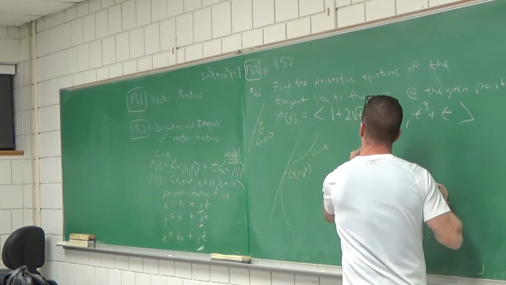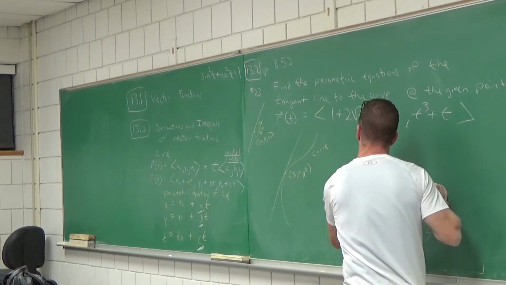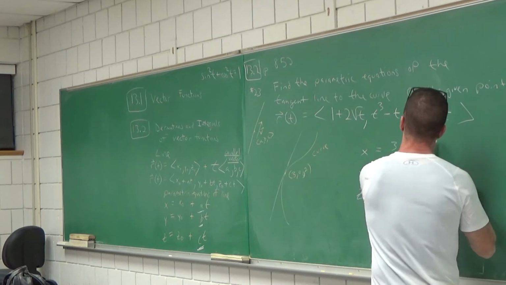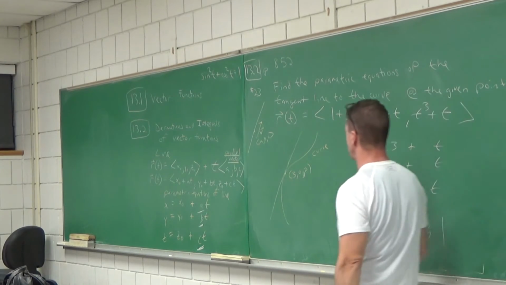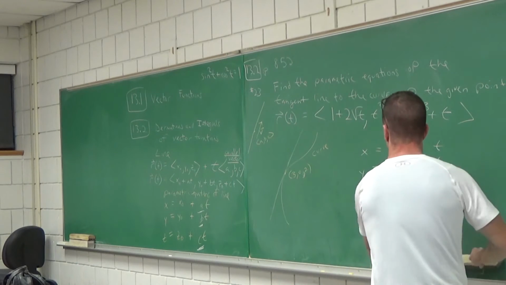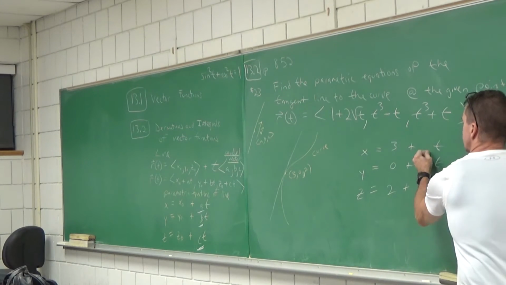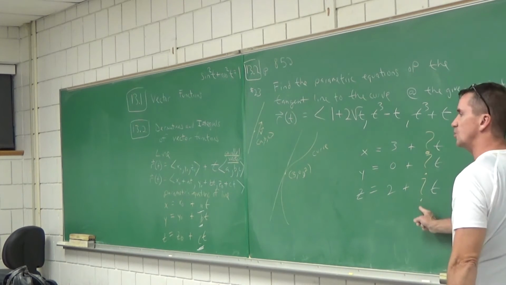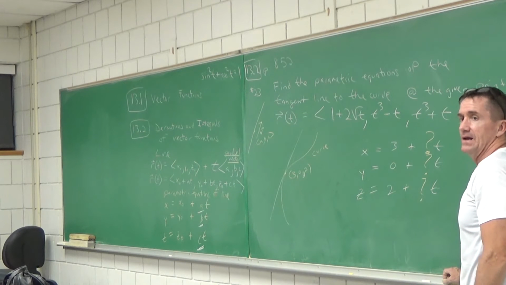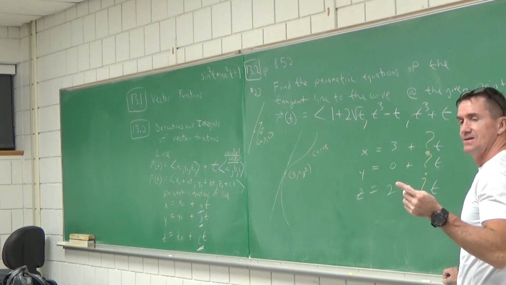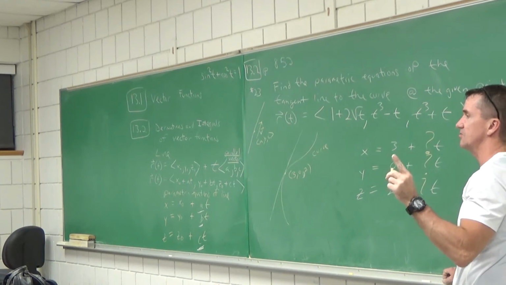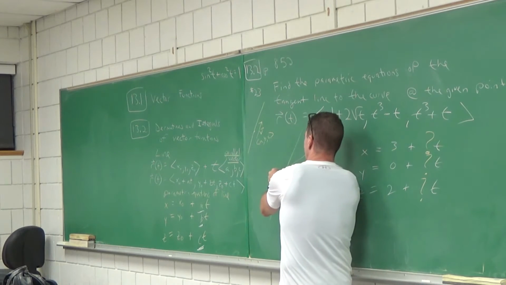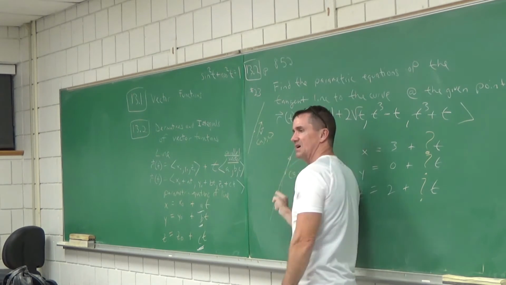Okay. Here's my answer. What's the point? Plus, plus, plus t. Here's my only challenge, right here. What are these numbers? What is the vector that I need? What kind of vector do I need? I need a parallel vector to my line. Do you all agree from yesterday? I need a vector that runs parallel to my line. A vector to run parallel to this line would look something like that. And I heard someone say it. What kind of vector is that?